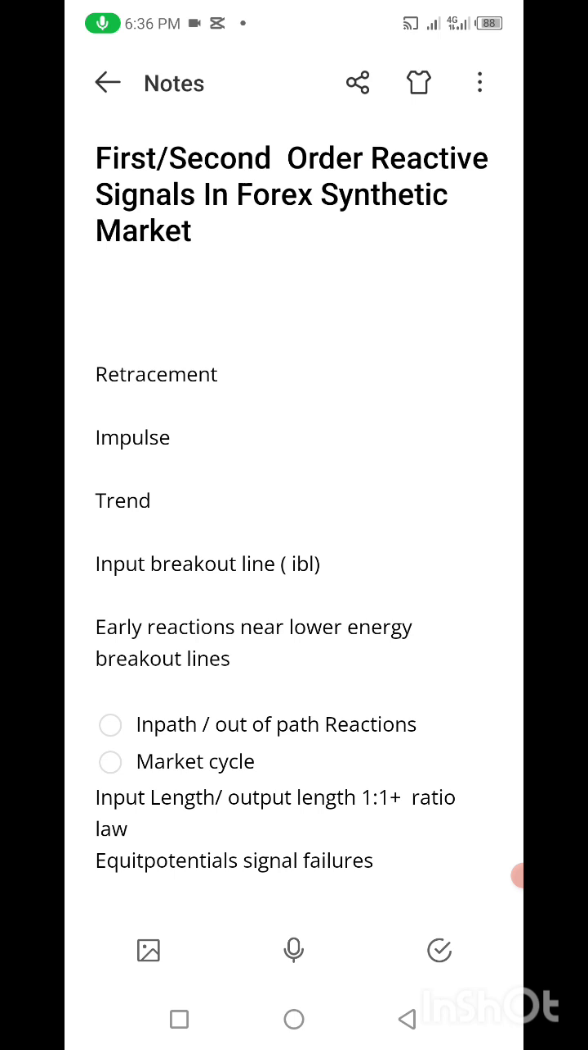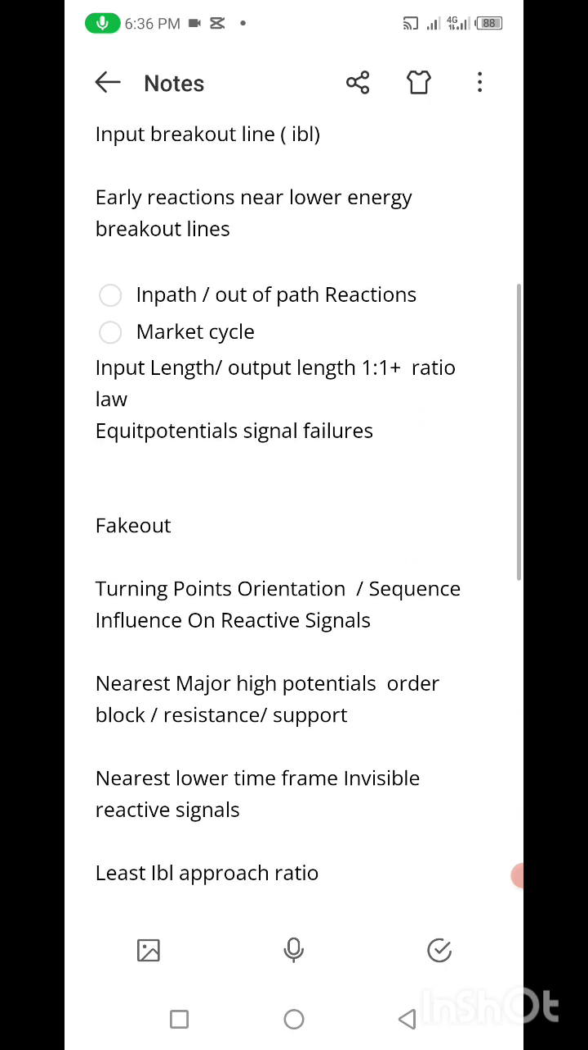So the document we're going to discuss, which we'll be using to do the practical on the MT5, includes retracement, impulse, trend, input breakout line (IBL), early reaction near lower energy breakout lines, in-path and out-of-path reactions, market cycle, input length, output length 1:1 plus ratio law, input length over output length 1:1 plus ratio law, equipotential signals failures, fakeout, turning points,